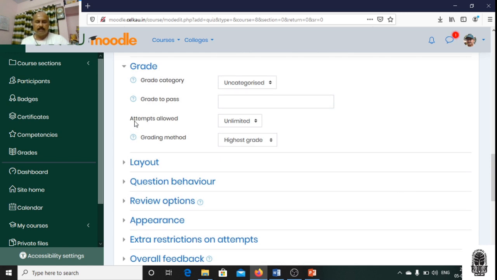Then I will put like this. This is a very important thing: attempts allowed. In Moodle we have an option to allow an unlimited number. If you want all your students to pass always, then you can put unlimited, which actually is not a good idea.